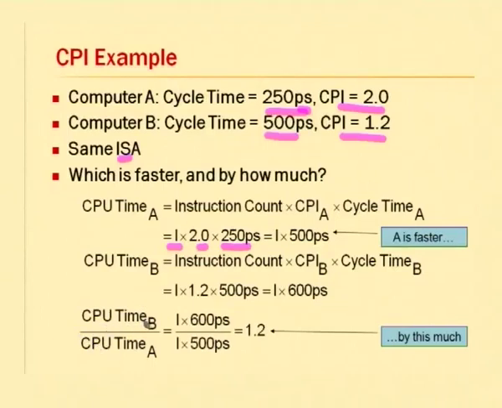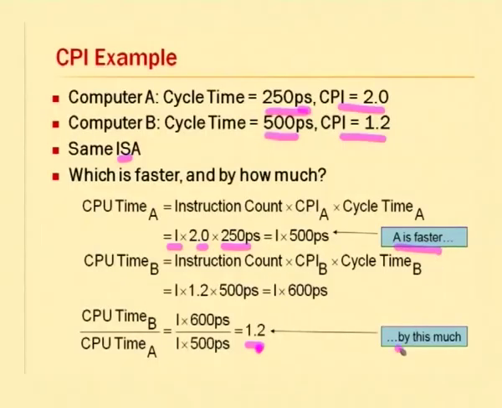So, I say CPU time of B divided by CPU time of A, which will be I into 600 picoseconds by I into 500 picoseconds. The I and I will cancel out. So, you get a value of 1.2. So, we know that now A is faster by this much. By how much? By 1.2. Okay. So, this is how we can use the instruction count and the CPIs to understand and compare performances of